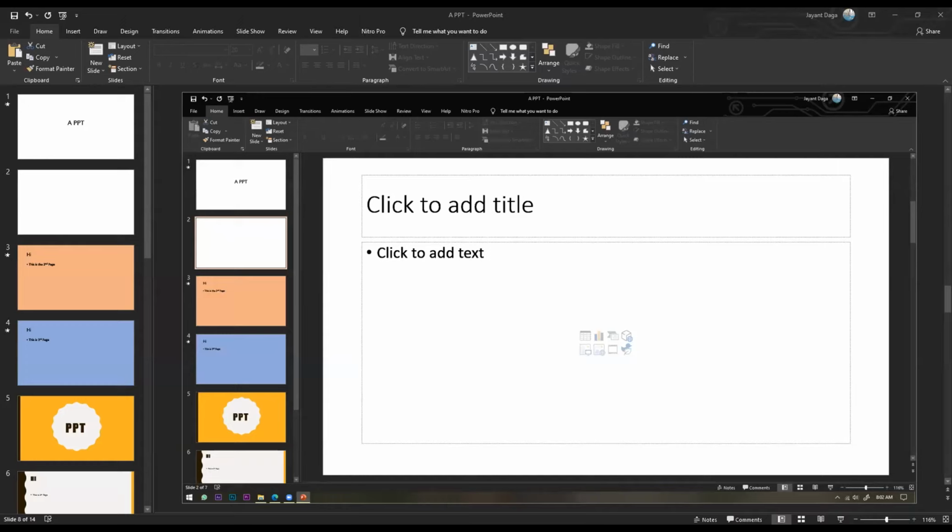Sir, there are many options. Select the first one, beta. It should be from Microsoft. Microsoft PowerPoint. Did you find the one, beta? Yes, sir.